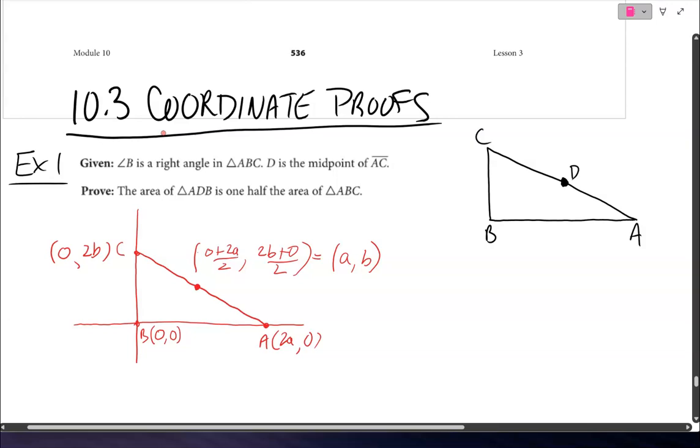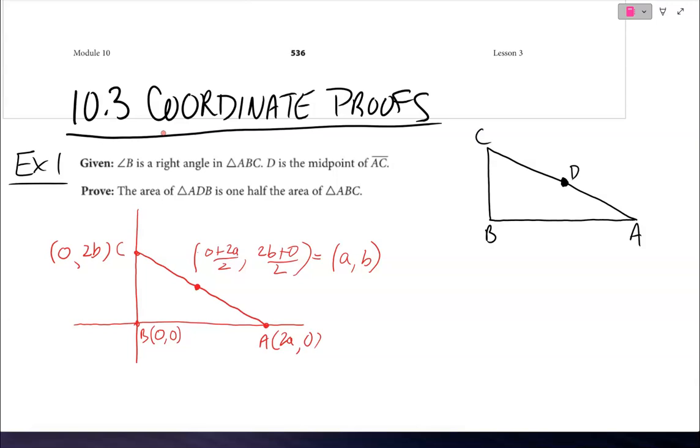As opposed to what we got originally. Remember, we had the fraction a over 2 and b over 2. Well, now we have avoided the fractions. Now, it wouldn't be the end of the world if we had to work with fractions. Sometimes it's unavoidable. But when we can avoid fractions, it makes everything a lot easier by whenever we're giving generic